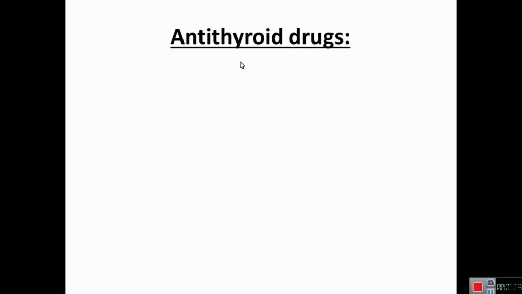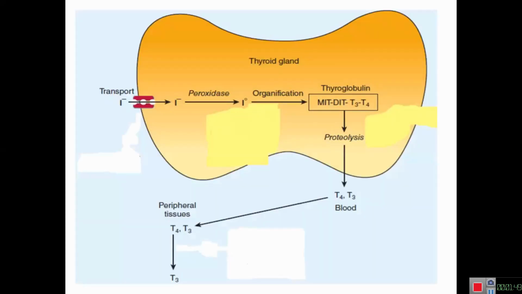As in the last lectures, we have discussed the definitions of anti-thyroid drugs and the groups of drugs that are classified under them. These anti-thyroid drugs are capable of reducing thyroid hormone levels either by inhibiting the synthesis process, or by inhibiting the secretion process, or by both mechanisms. I told you that we have 5 groups of drugs under the anti-thyroid drugs. If you understand this picture, it is taken from Katzung.